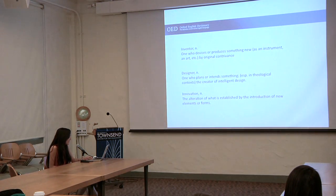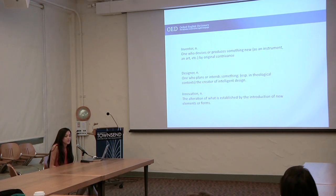And so I turned to the Oxford English Dictionary for some basic definitions on inventors and designers and innovation. And it kind of seems to me that inventors and designers have become so far separated, and the whole idea that science and art are completely different concepts. And I wanted to point out the similarities that they both involve innovation and coming up with something new and